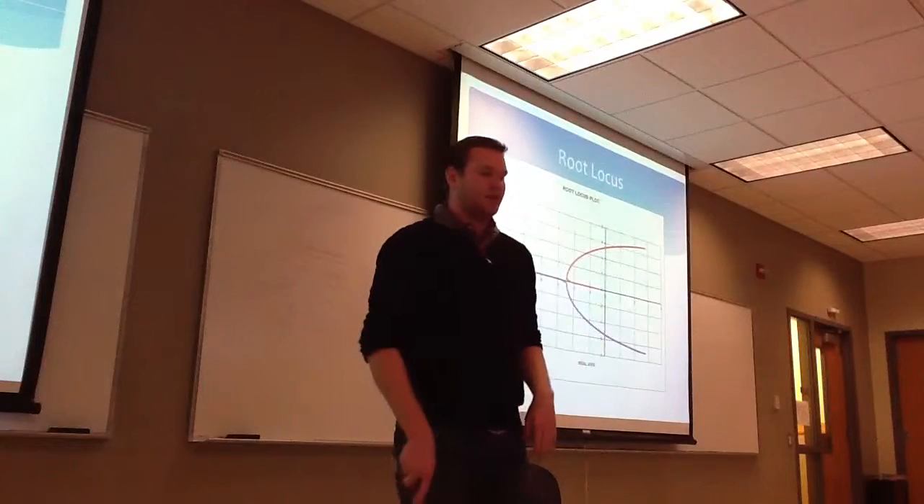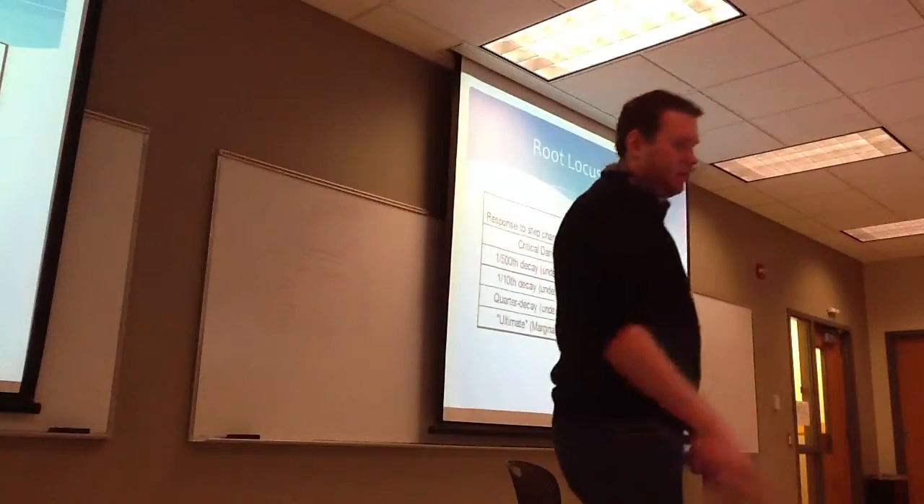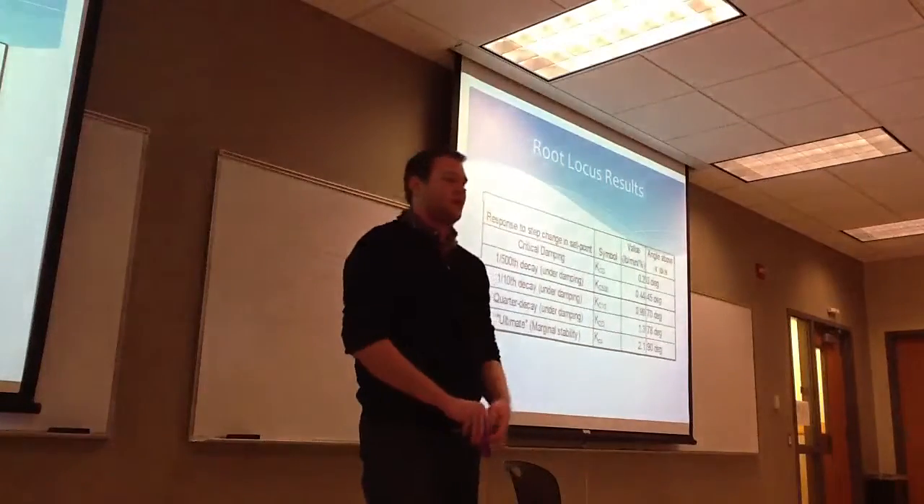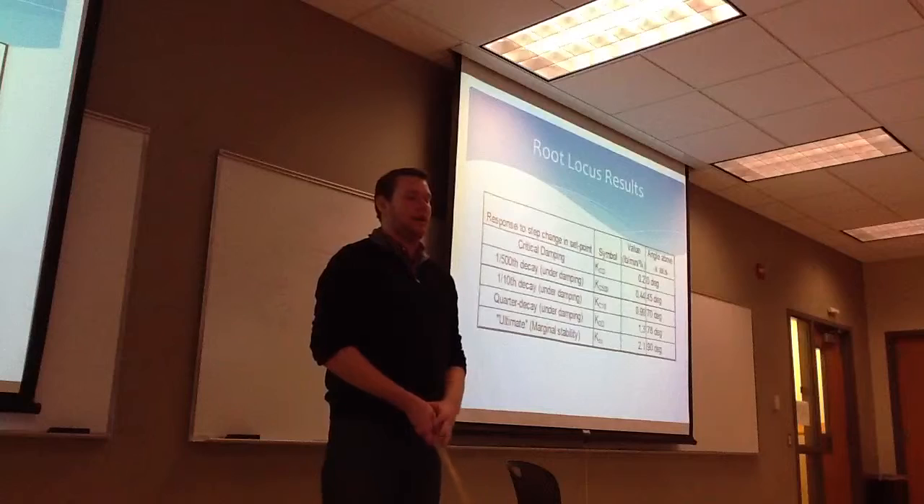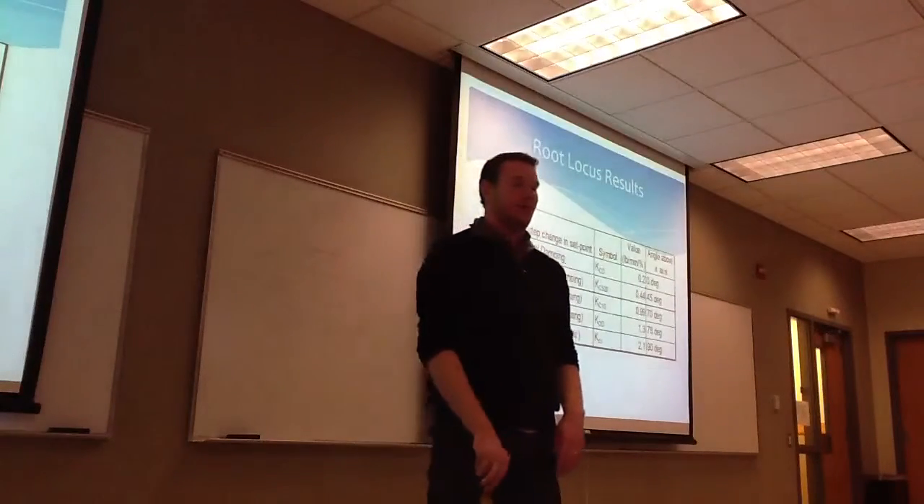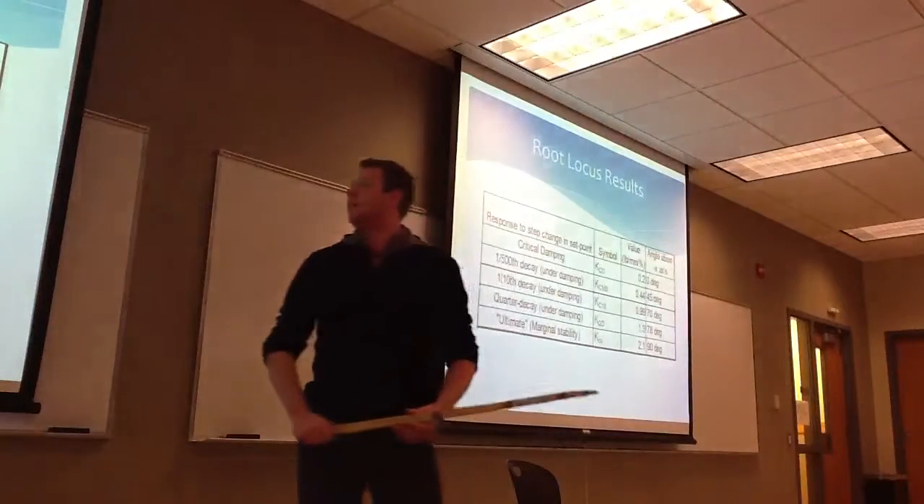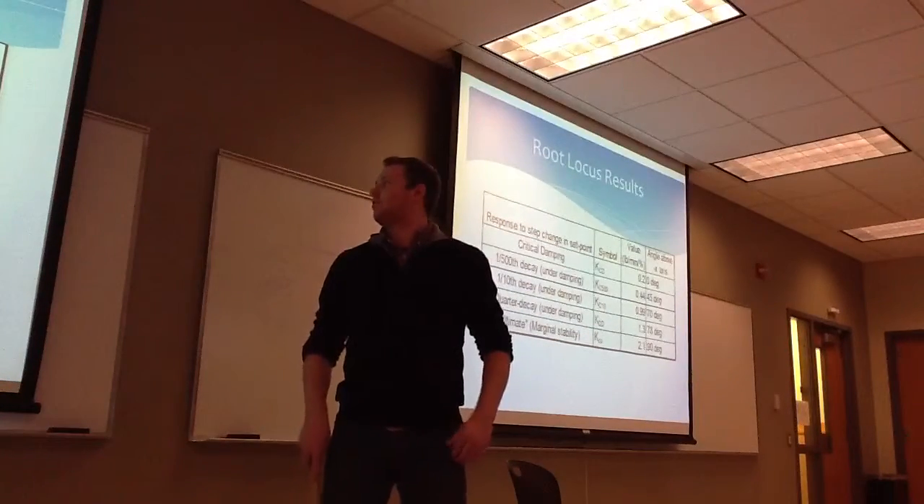This is our root locus for the system. We use the root locus to find the different KC values for critical damping, the 1/500th decay, the 1/10th decay, quarter decay, and ultimate KC value. For the critical damping, we had a KC value of 0.2 pounds per